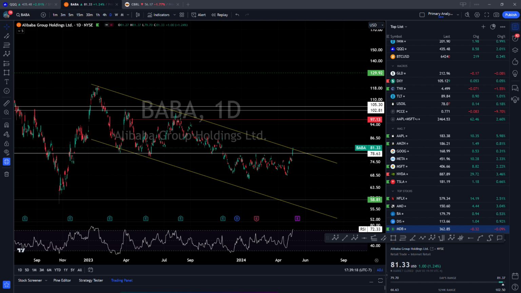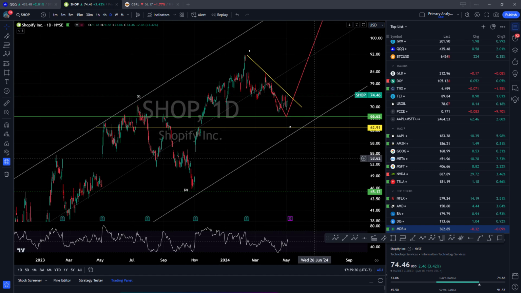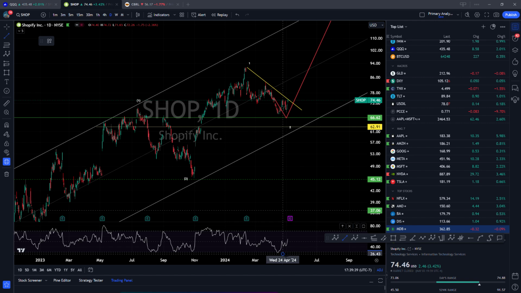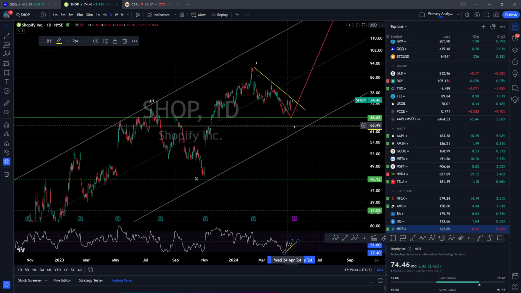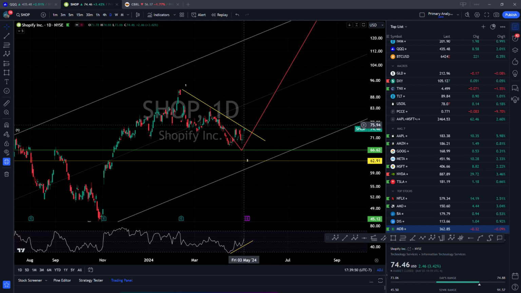And there was another chart that I liked. Let me just go see which one was that. Hood, Baba, and oh yeah, Shopify. Right, so another very good compression here in this retracement move, right? And we see a very nice divergence forming here, bouncing from the support levels, right? And I expect a breakout to happen. So Shop may be another one to go calls, and target this gap close above about 89 or something like that, right? So very nice trade available here in this one too.